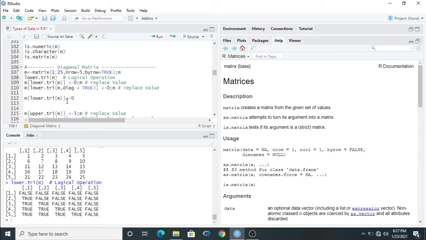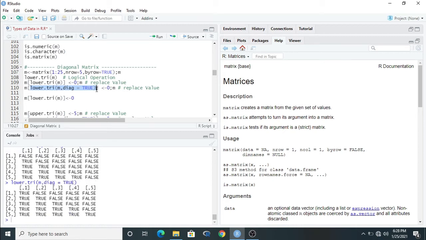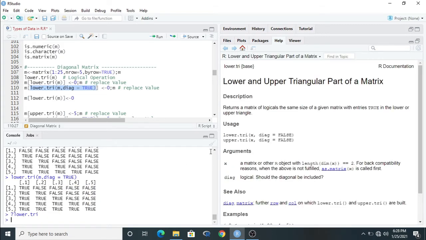Okay, there is another option. You can add here diagonal equal to true, then you can find the diagonal element also will be true. If you put diagonal equal to true, how can we find this? Just put here equal sign and write lower dot tri, and just press enter and go to the help box.